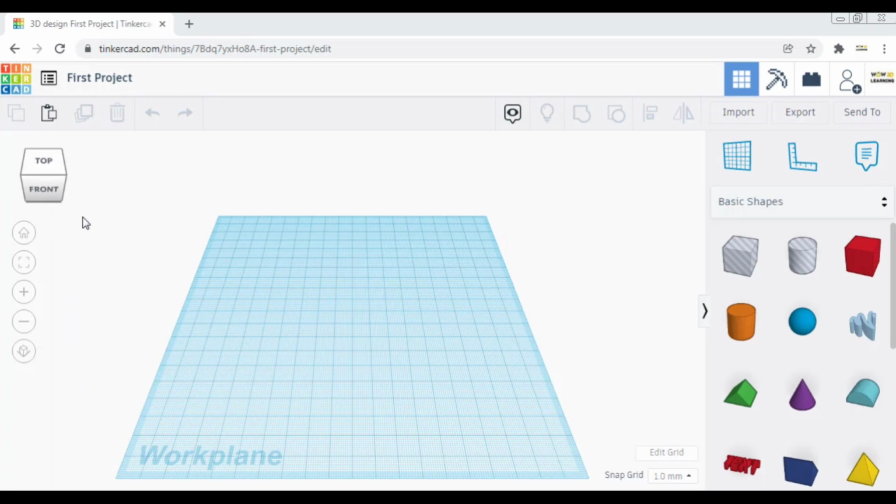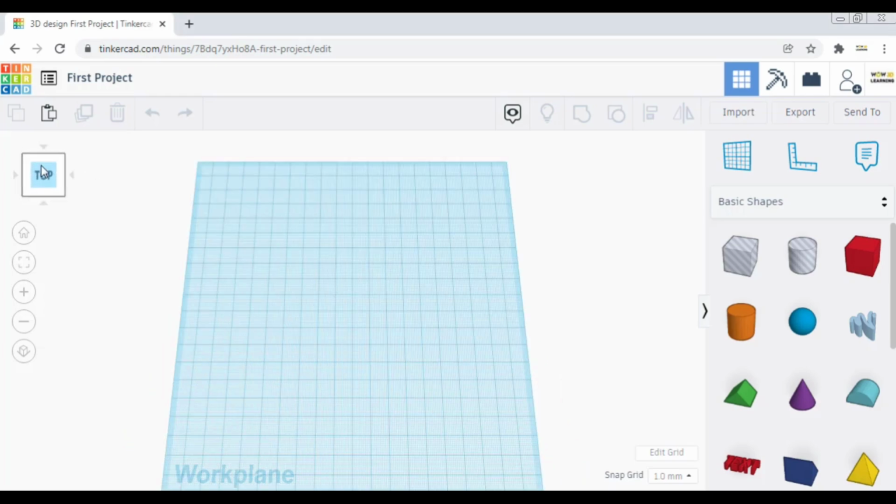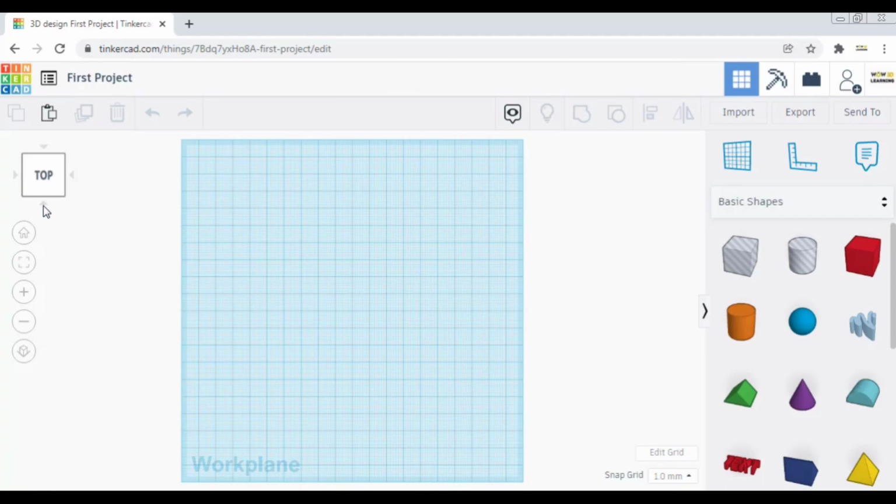On the top left of your screen, you can see a cube. This cube is called the view cube. This cube helps you to orient in different directions of your view of your workspace. So if you click on top here, you will be oriented into top view. Now here you can see there are 4 arrows. One thing you have to notice is, using your left mouse button to move your cursor, every time you move to any edge of the cube, it will be highlighted blue.